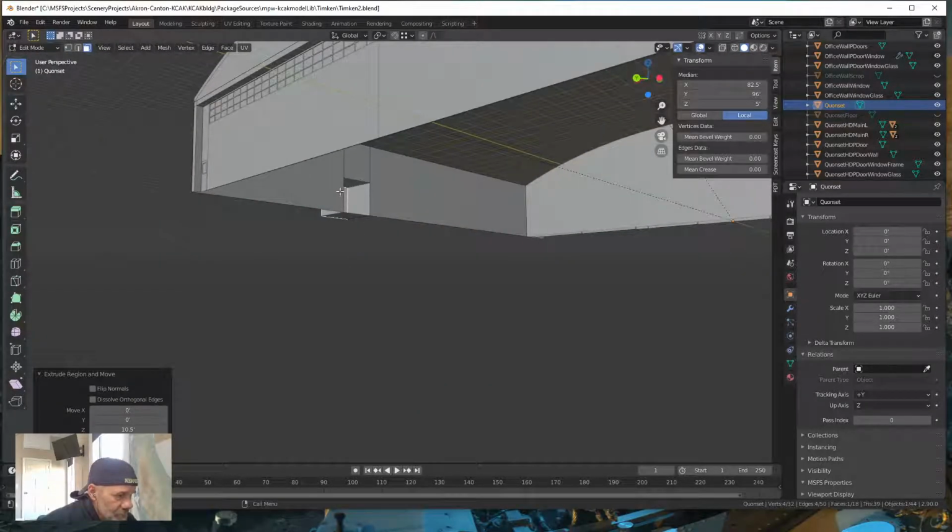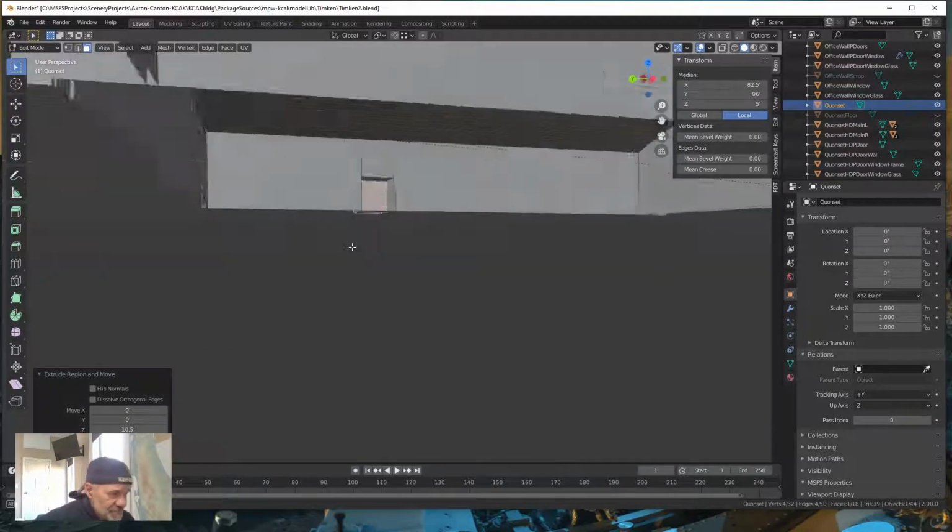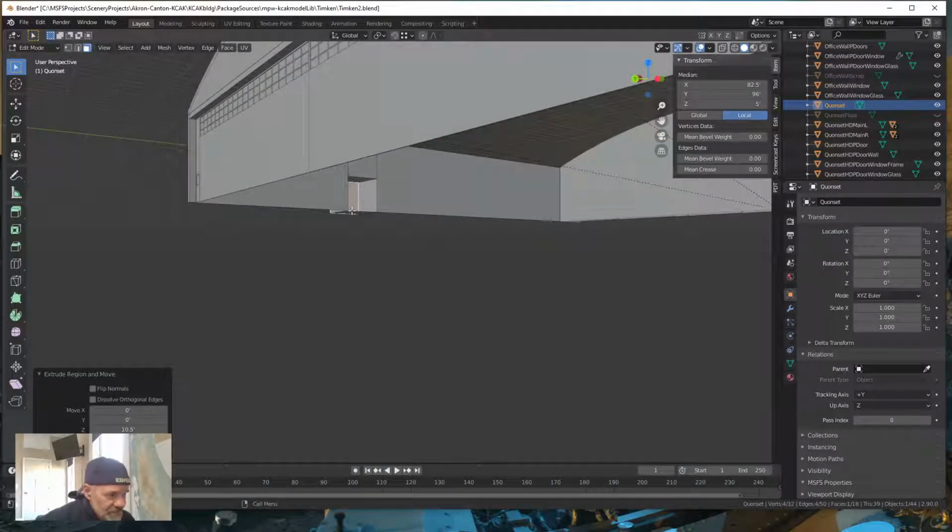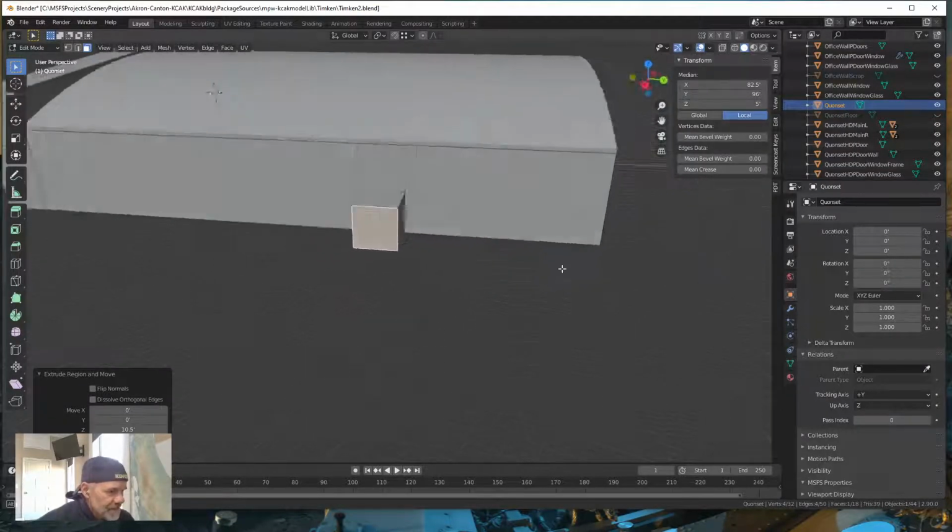Now, if there's a wall here, and if you're doing the interior of the building, you can reconstruct this little wall and put a person door in it, but we're not going to do that right now, okay? Alright, so